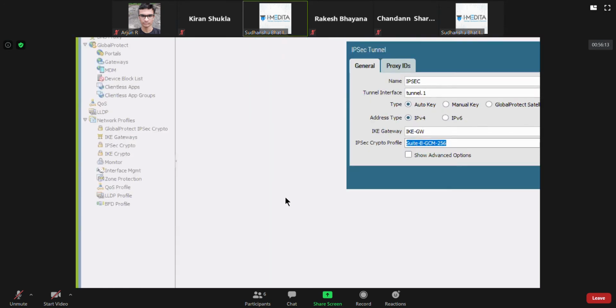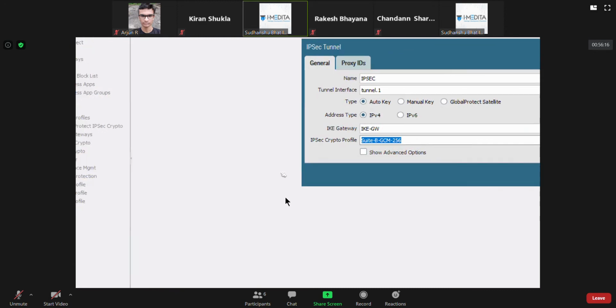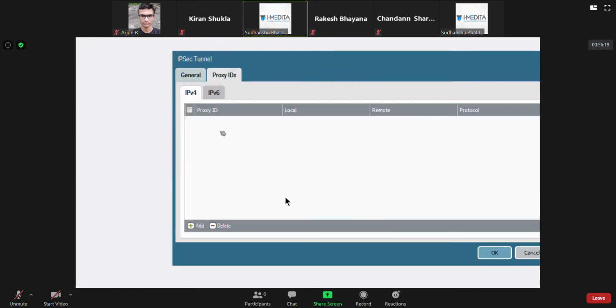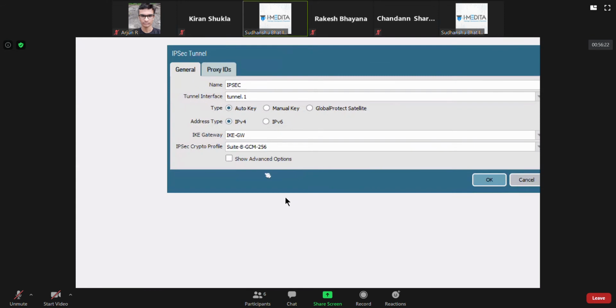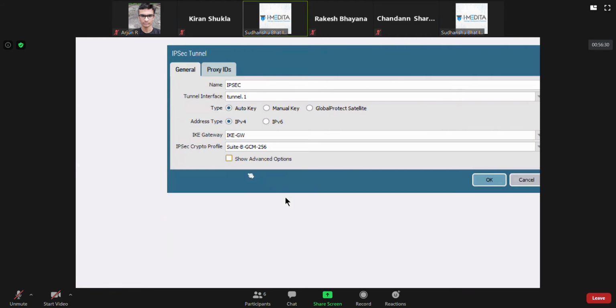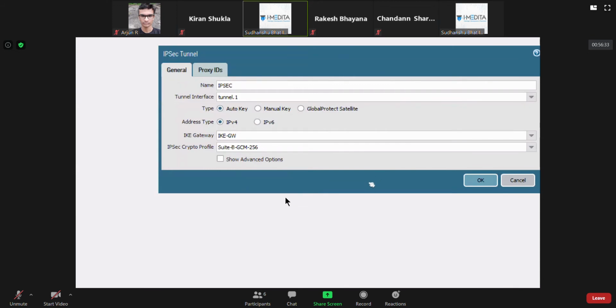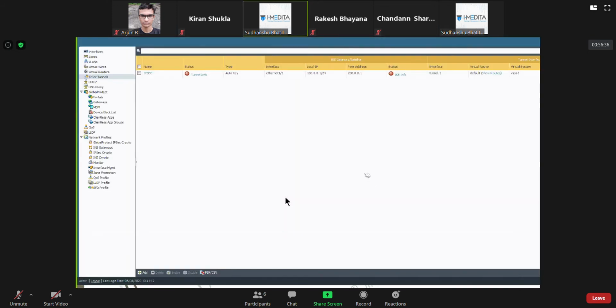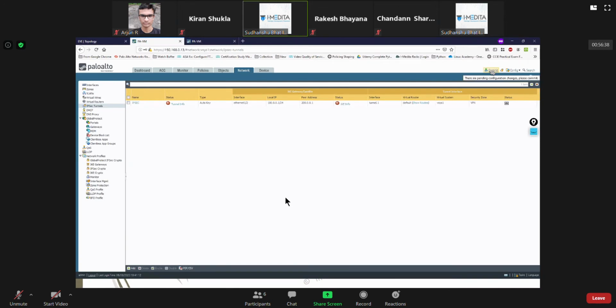Now these are two separate profiles here. I'm just using the pre-built ones. Now you can have a tunnel monitor configuration in which you mention a destination IP. It is going to keep on probing, and if you have multiple options and want to fall back on another tunnel interface if one fails, then you need that. In our case, we just have one, so I'll not configure the tunnel monitor.